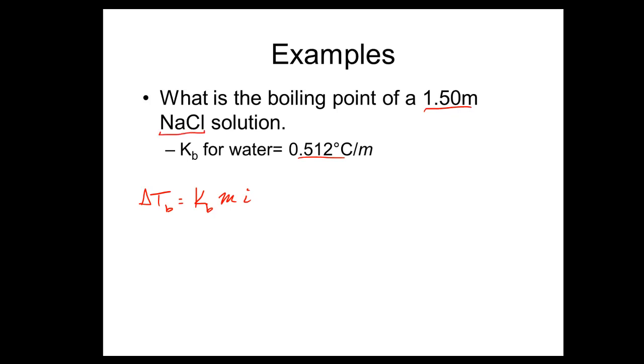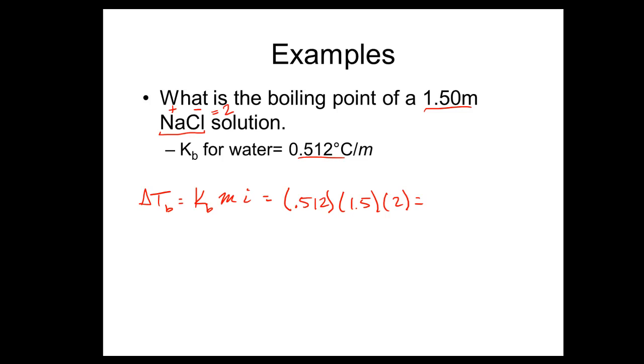Well, this is sodium chloride, so this has a plus, this has a minus, so it turns into 1 sodium and 1 chloride, so its Van't Hoff factor is 2. So Kb is 0.512, the molality is 1.5, the Van't Hoff factor is 2. All right, so we get 0.512 times 1.5 times 2, and I got